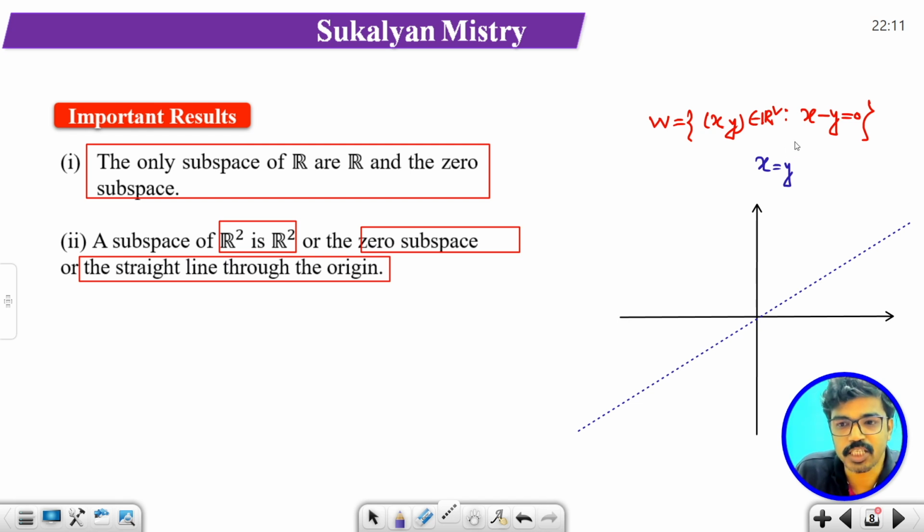ঠিক আছে? x minus y, x minus 2y, x plus y is equal to 0. ঠিক? x plus 3y is equal to 0. Something like that. So that is a straight line passing through the origin. So that must be a subspace. Okay, so any straight line passing through the origin forms a subspace of R2. ঠিক আছে? Okay,